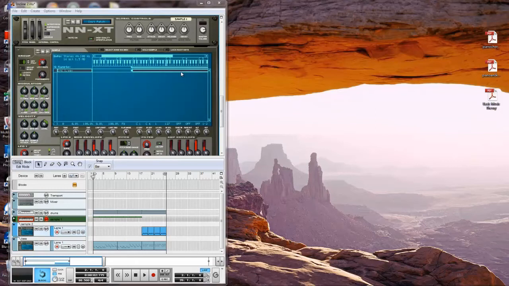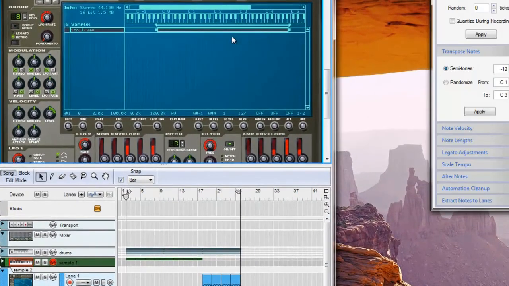And now I'm going to change the root note, which is where the sample starts on the keyboard. Right now it's at C3. I'm going to move it down to C1. When I hit C1 on my MIDI keyboard,